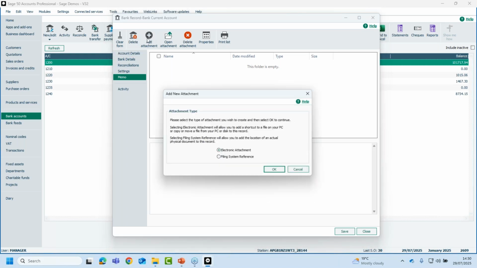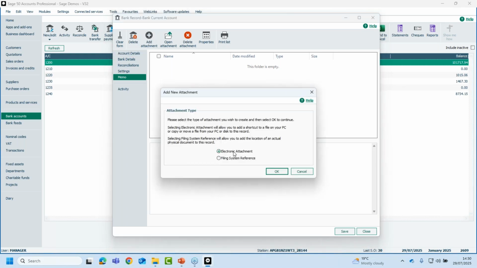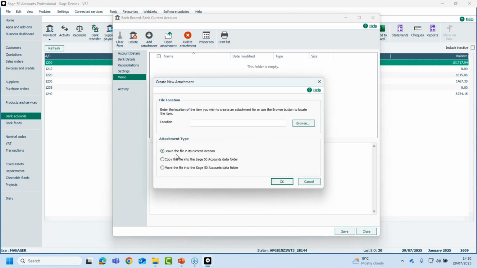So you just add attachment, gives you various options. Do you want to attach it as an actual attachment, similar to the transaction attachments? Or is it just a filing system reference you want to record against it? So is it something that you just file away, and actually what you're doing is just saying, right, I'll just add a reference number. For the electronic attachments on this option, it will then ask you to browse for it, and then you can choose what you want to do when it's an attachment against the record. When it's a transaction,